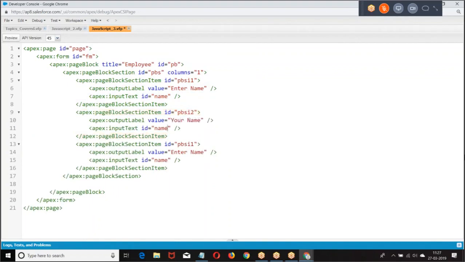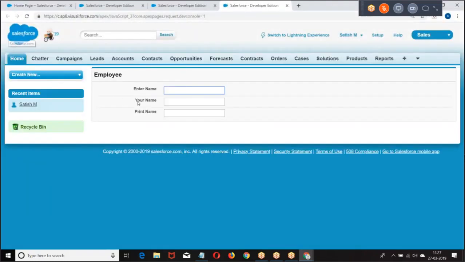Your name. So look at this, what did I create? A simple page block with a page block section item.